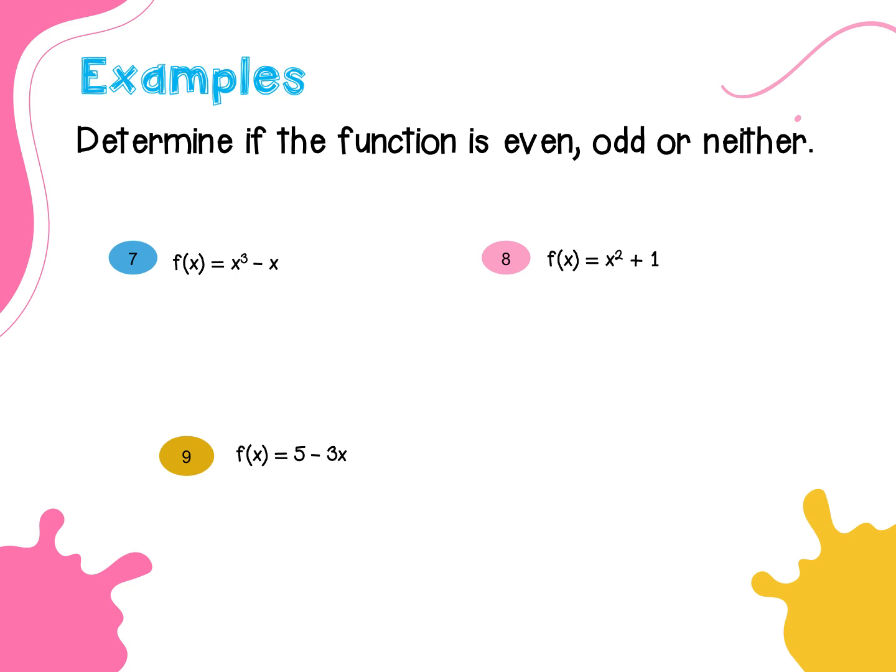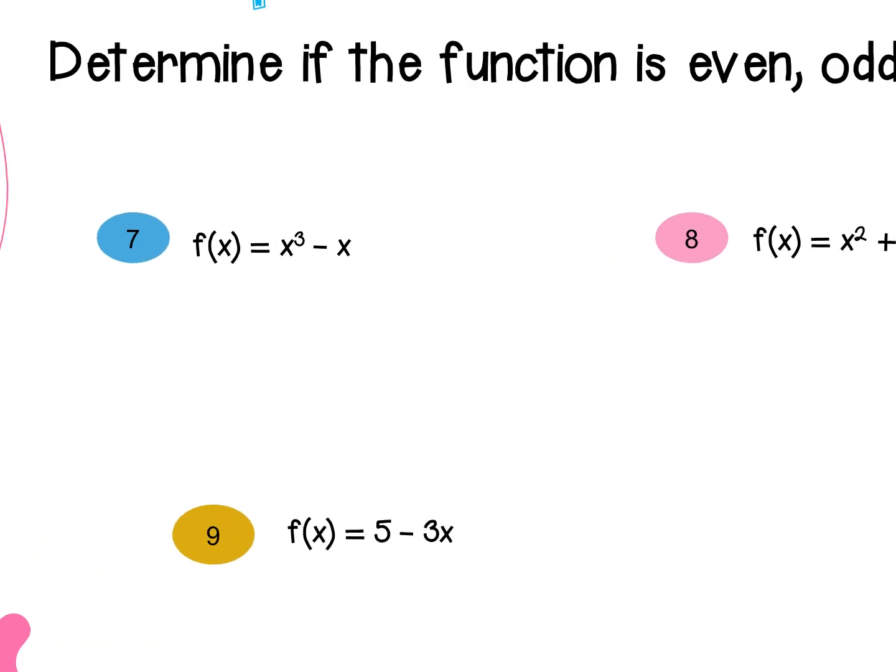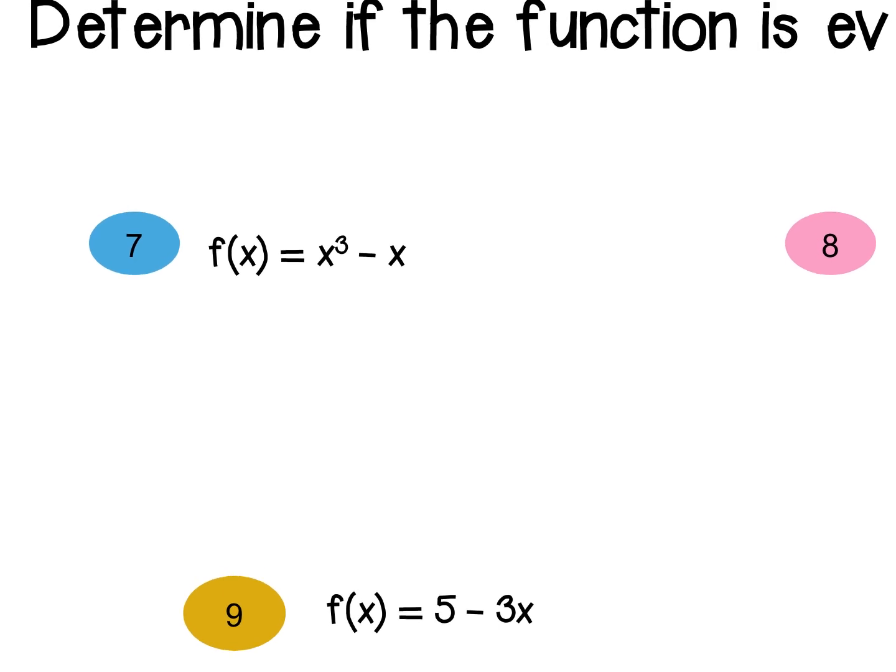So it wants to determine if the function is even, odd, or neither. To figure out what kind of function it is, I'm going to take all my x values and turn them negative. So I'm going to be plugging in f of negative x. I'm going to make this a negative x, and I'm going to cube it, and then this becomes a negative x. So now once I simplify this down,